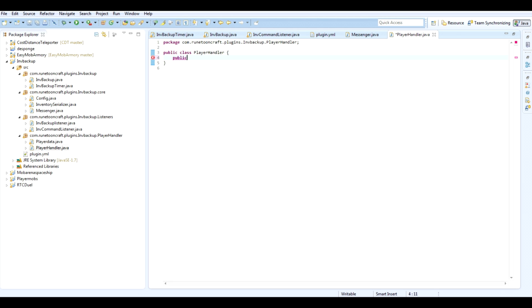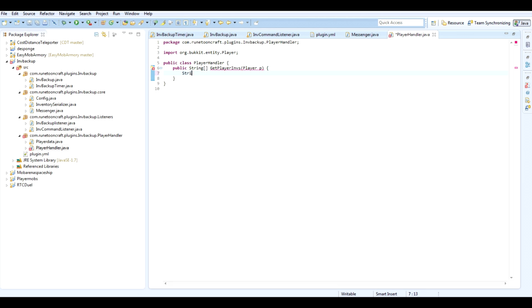So public, and we'll do public string. I'll just do a void for now. I'll do get player saved inventories. It's actually very long. Get player invs. That's good. Player p. We could return a string collection. Actually, that'd be cool. And we want to import org.bukkit.entity.Player, and then